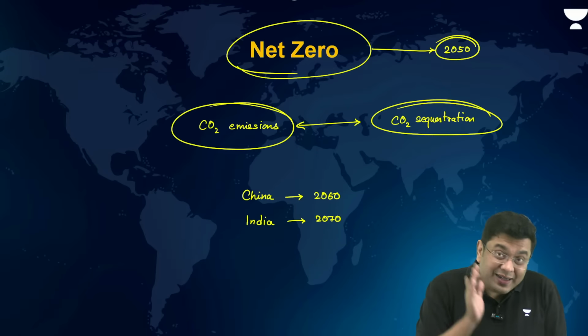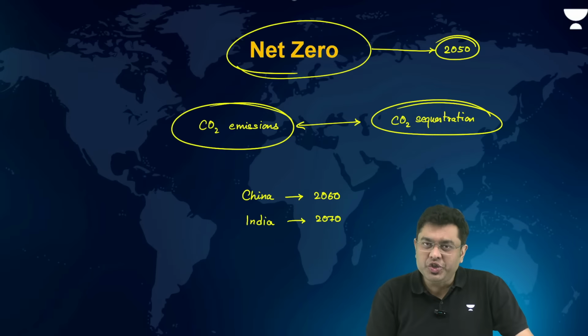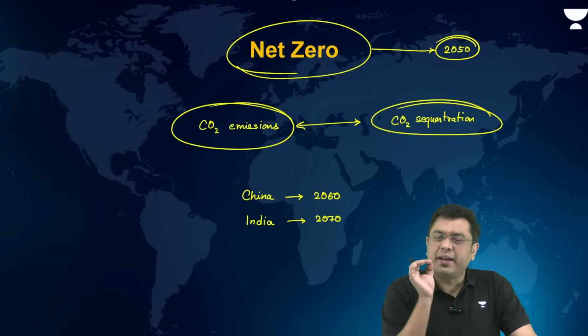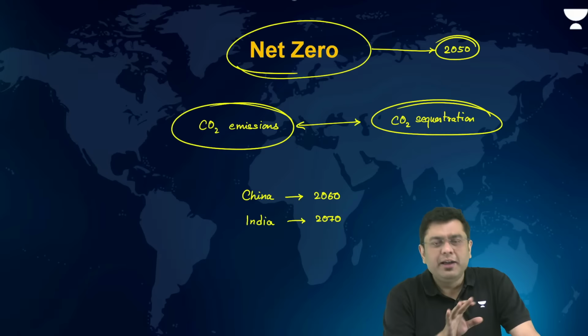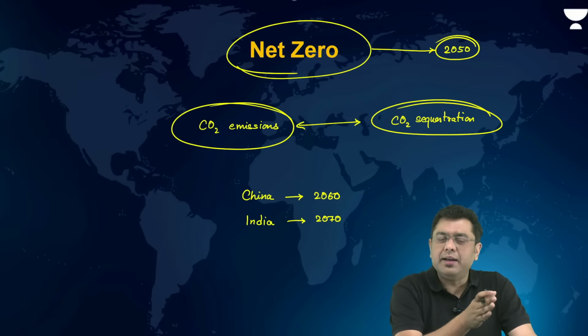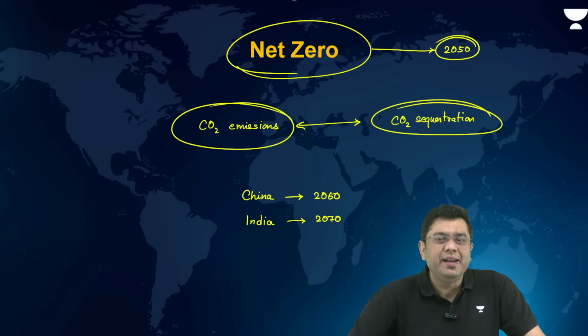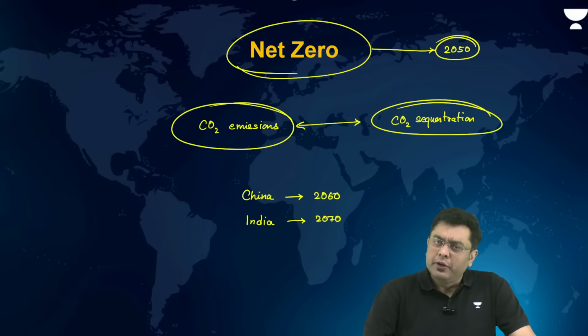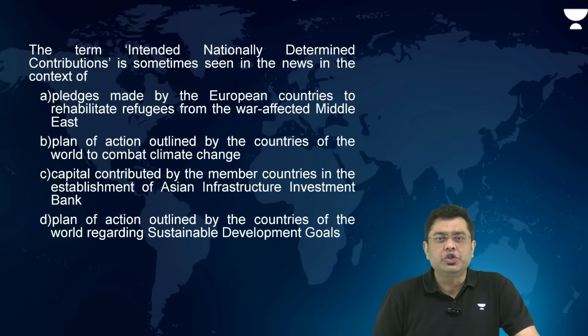Now, it is under this Framework Convention on Climate Change that the Kyoto Protocol lies, and the Paris Agreement also lies under it. It is under this that you have the recently held Conference of Parties number 29 in Baku, Azerbaijan. Right? So that is associated with the Framework Convention on Climate Change.